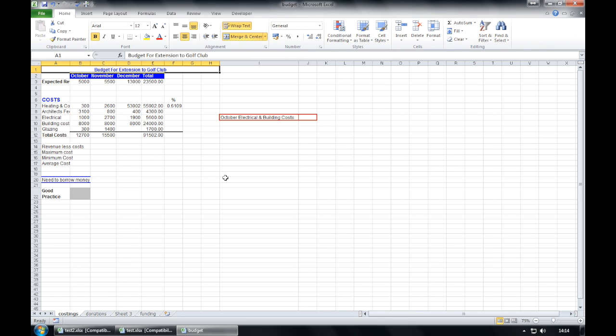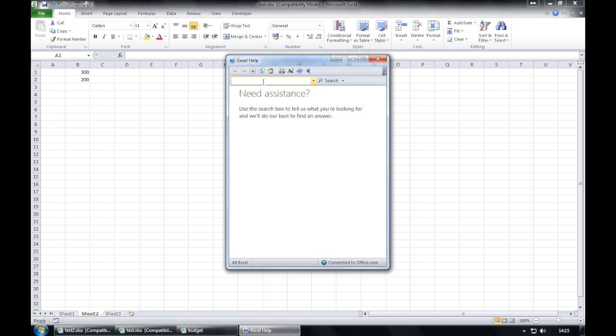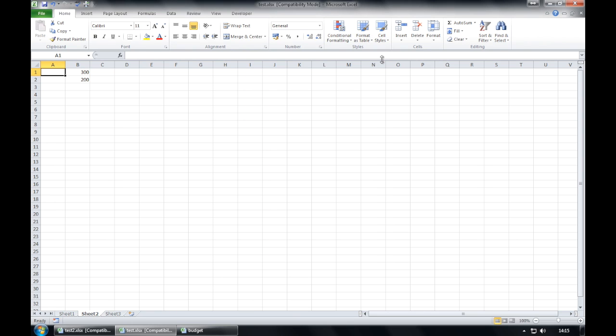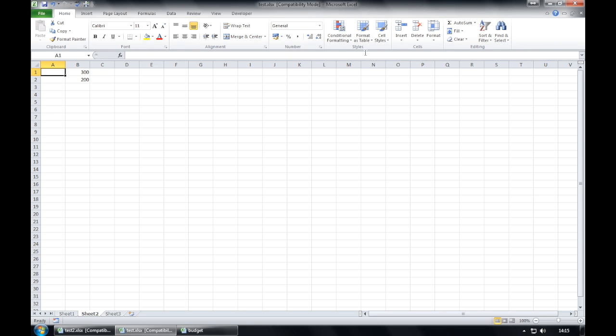Switch back to test.xlsx, which is down at the bottom, and open the help function within the program, which is the small circular question mark. We need assistance. We don't actually need that now. What we are asked to do is restore and minimize the ribbon. So we have a small button here that will get rid of it, and if we press it again, it will show our ribbon with all our toolbars.